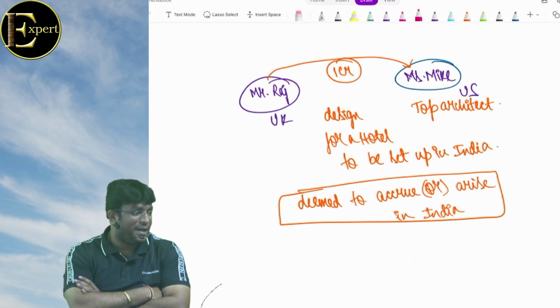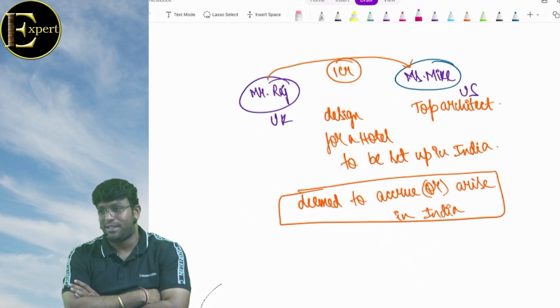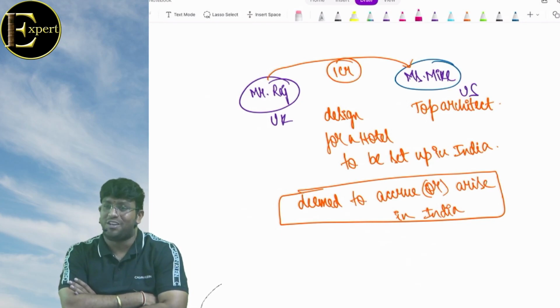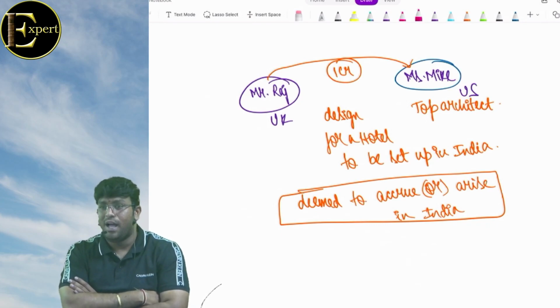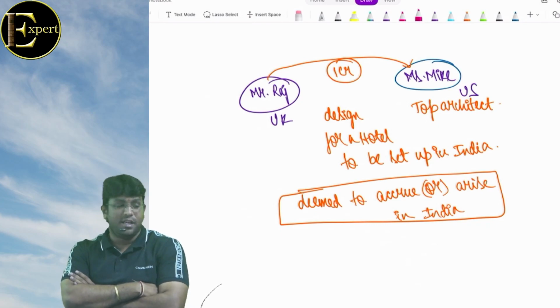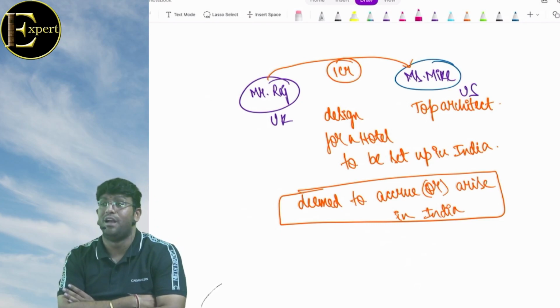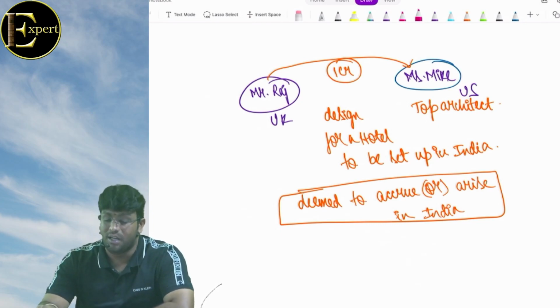Are we getting clarity, everybody? Speak up, beta. What is the full form of IRF? Interest, royalty, fees for technical services. Since this is the revision batch, it will be easy for you to remember the shortcut. That's why I told the shortcut of IRF. The concept of all three is the same. If the Government of India pays, it is deemed to accrue in India. If the Government of India does not pay and someone else pays, it is deemed to accrue in India only if it is related to business in India or source in India. I strongly believe that we are clear with this point, my dear friends.